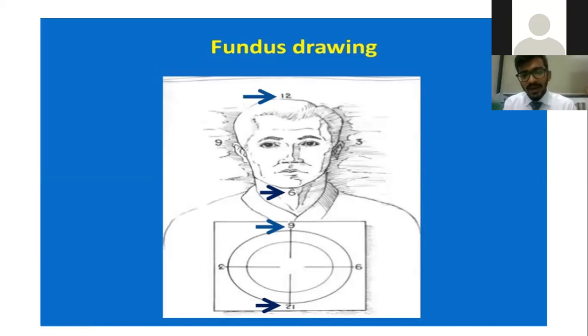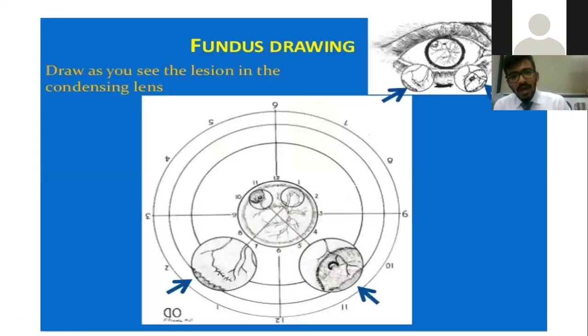So if you are examining the right eye, the 3 o'clock will be towards the right shoulder, and if you are examining the left, 3 o'clock will be towards the left shoulder. So it's an inverted and a reversed image. So when you are seeing the image, now if this is the IO in the center,